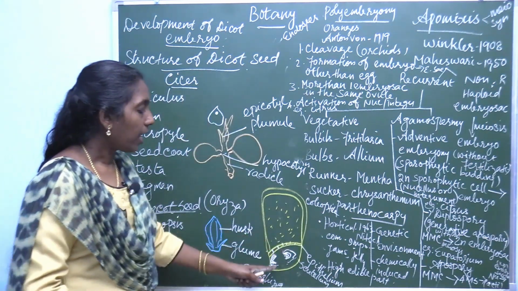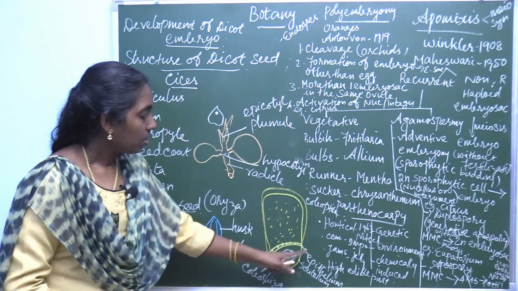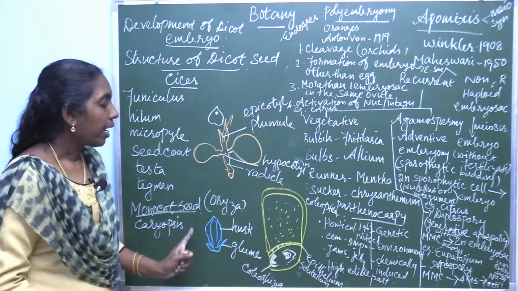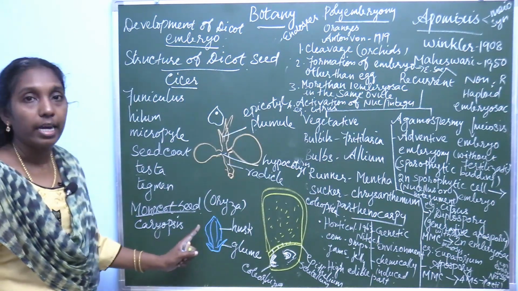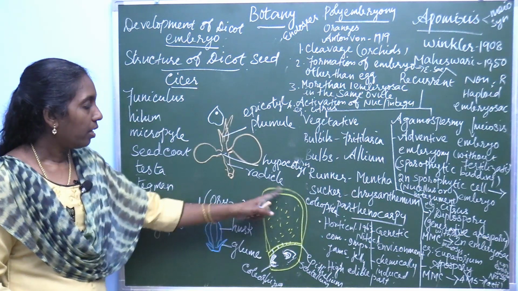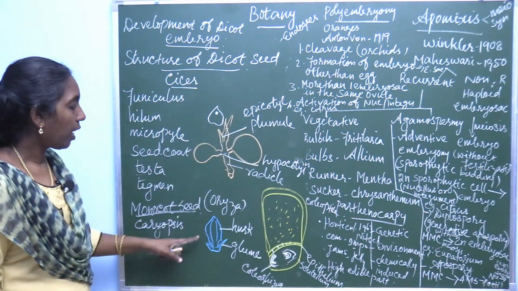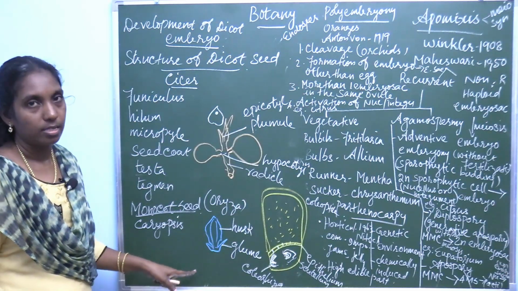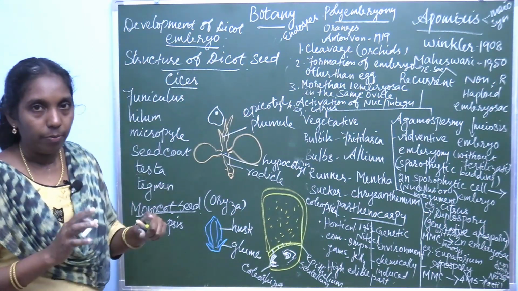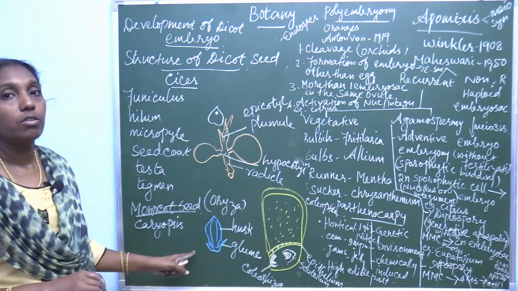So coleoptile and coleorhiza is present in this. This part is scutellum, here it develops. So caryopsis. In caryopsis, you will write the structure of this, draw this diagram and write the structure of this. So two types of seed, dicot seed as well as monocot seed. First question, you will learn development of dicot embryo, second question, structure of dicot seed, and third question, structure